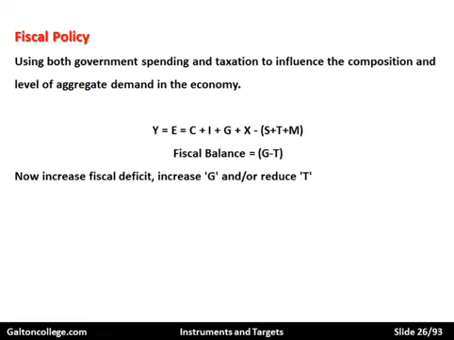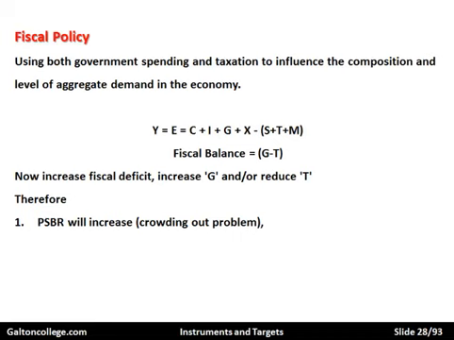Now, let's say we increase the fiscal deficit. So we increase G, or if you like, we reduce T. So we're going to increase the fiscal deficit. We're going to increase government expenditure, leading to the deficit. It means we're going to spend more than we're taking in. And we can only do this because the government can borrow to plug the difference. But if it does that, then what's known as the PSBR, the public sector borrowing requirement, will increase. So there will be more debt, which will have to be paid back sometime. In future, generations will have to pay it back.